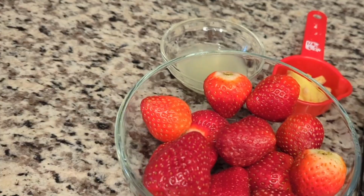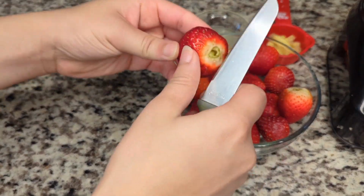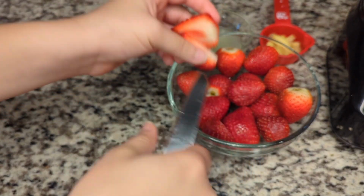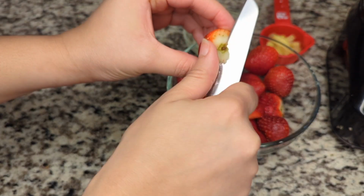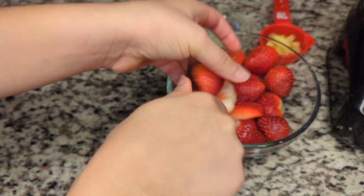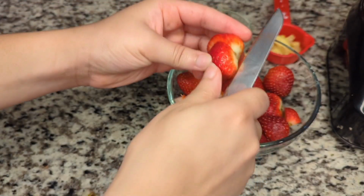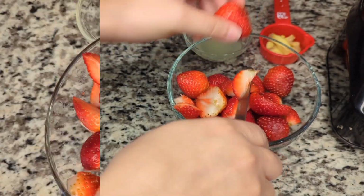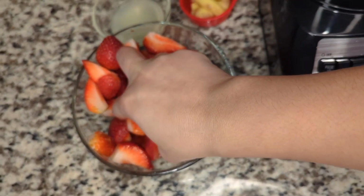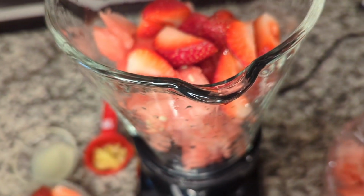So yeah, let me go get those girls cut up, and I was cutting up the bigger ones to make them smaller, because you know the watermelon is gonna blend quicker because it's softer than the strawberries. So I want everything to incorporate. I'm just slicing these up. So there you go, those beautiful girls are done cutting up, and I'm going to add this amount to my blender,